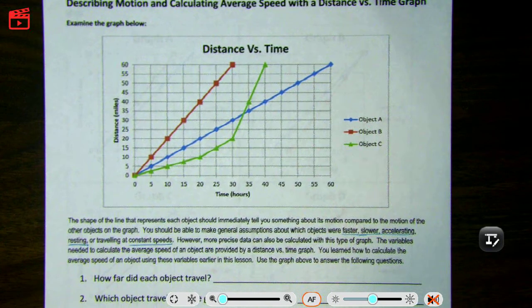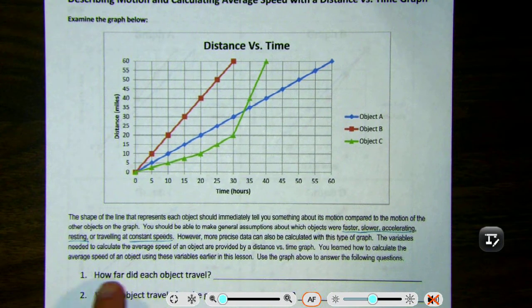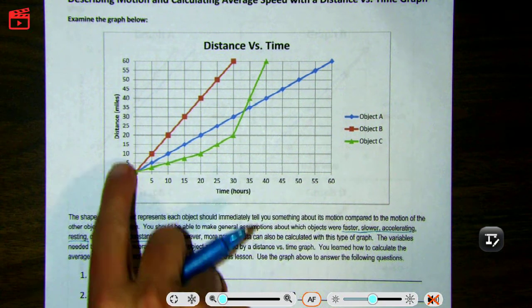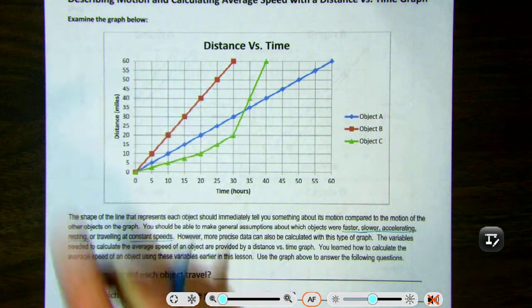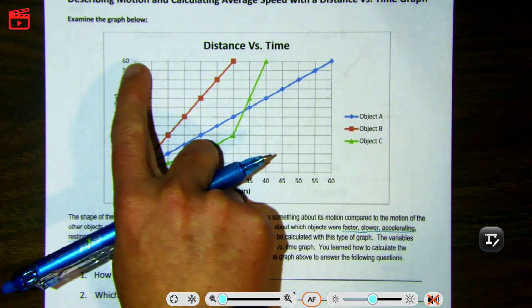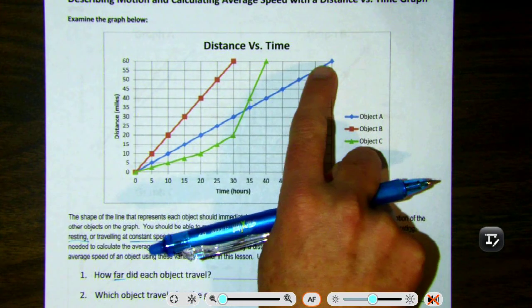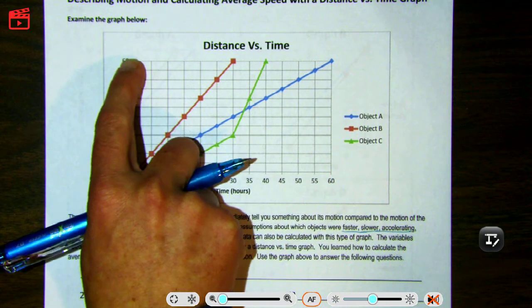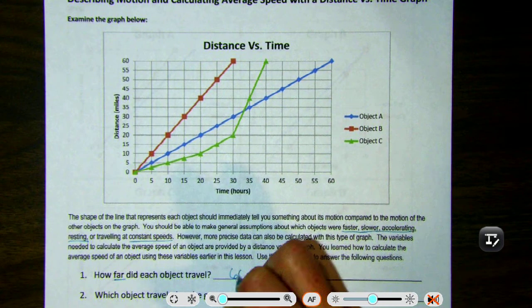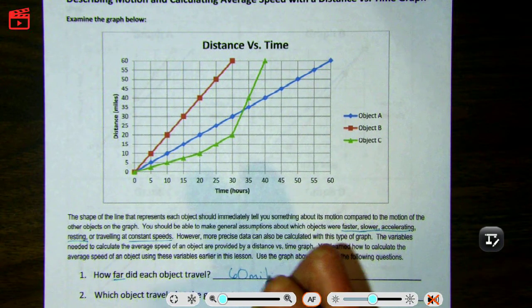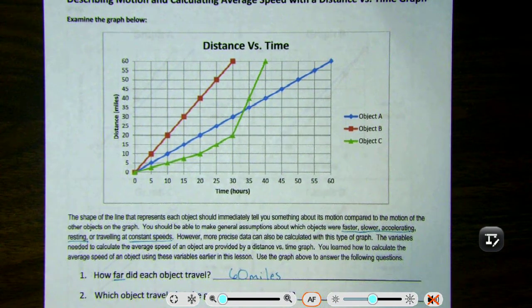All right, the first question down here: how far did each object travel? Well, I have time on my x-axis over here. Distance is over here, and it asked how far, so I'm going to need to look at distance. If I look, all of my objects stopped on this line. That line is 60. And what units is our graph in? Miles. So 60 miles is how far they all went. Number 2,